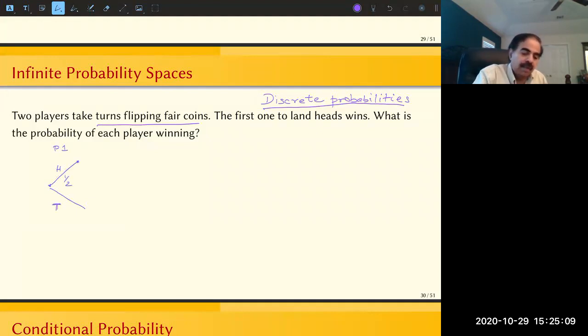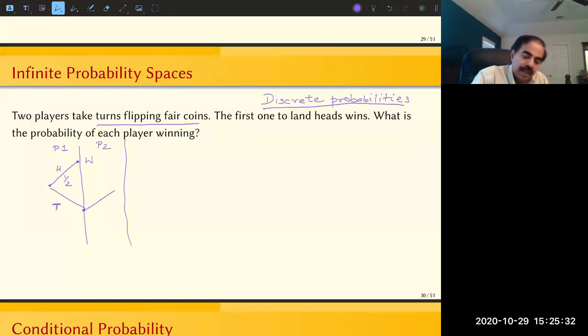Now, if it's heads, the player has won already, right? In this case, if player one comes up with tails, then player two has a chance to go, and